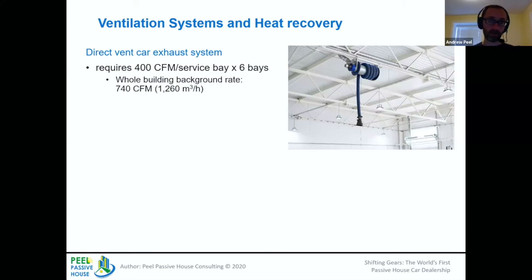And we thought at first, well, can we not just connect them, because they're connected straight to the tailpipe, right? So if we need the exhaust at the tailpipe, can we not just take makeup air and stick it right into the intake, or as close as we can get to the intake of the car? But the client was like, no, that will disrupt the service. We don't want something we have to clip to the car. That just doesn't work. So we couldn't, I don't know if that's a cheat, but we couldn't actually just direct the cold air into the car. So we had to deal with this load, and it turned out to be quite a huge ventilation